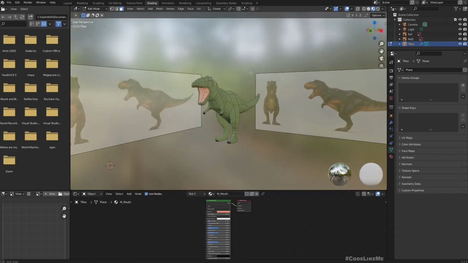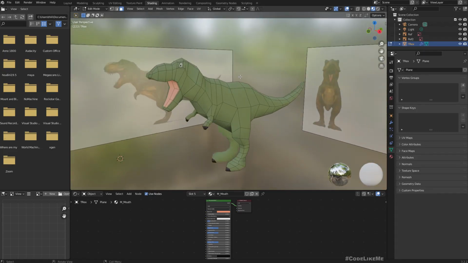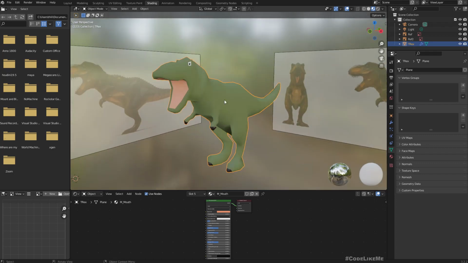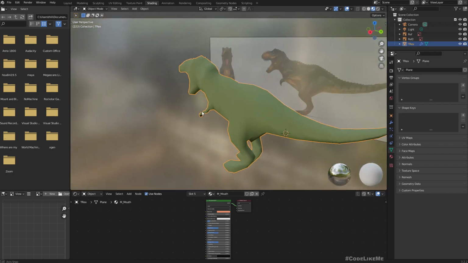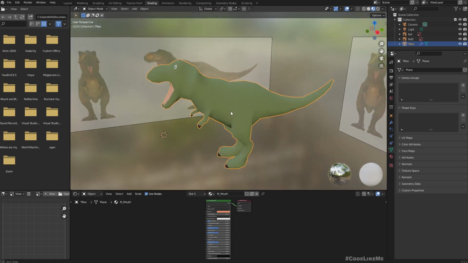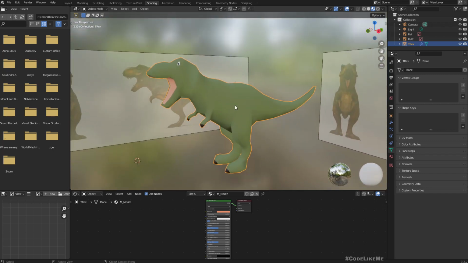Hello everyone. So this is where we stopped our project. We created the character, modeled the character, and set up the materials. This is how it looks now. The next step is setting up the rig, or adding a skeleton to this character, so that we can